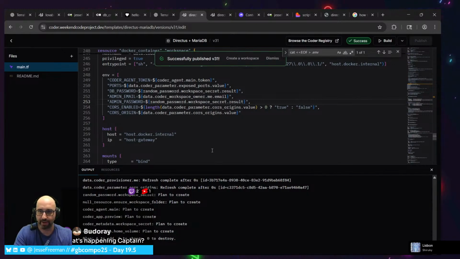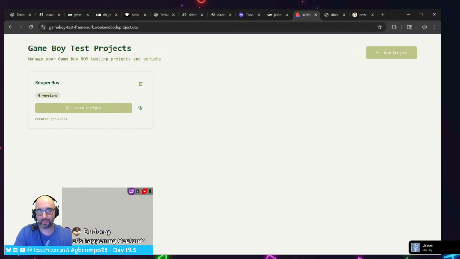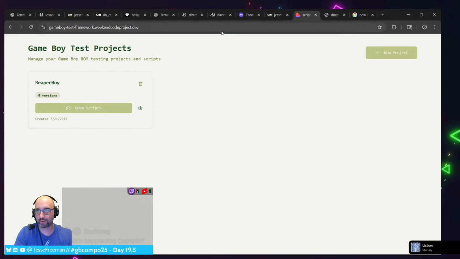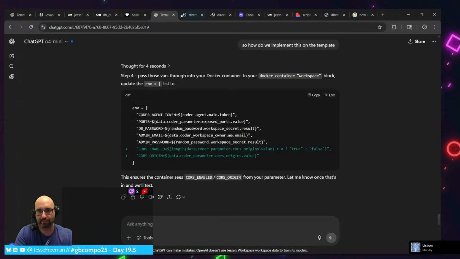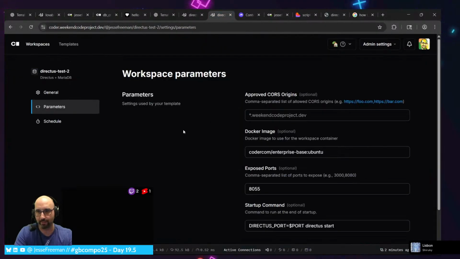Hey, how's it going? I am working on the exciting part of development that is connecting a database to a front end so that I can continue with my Game Boy test framework to automate testing of my Game Boy games. But I'm just running into a lot of little annoying problems for setting up databases.